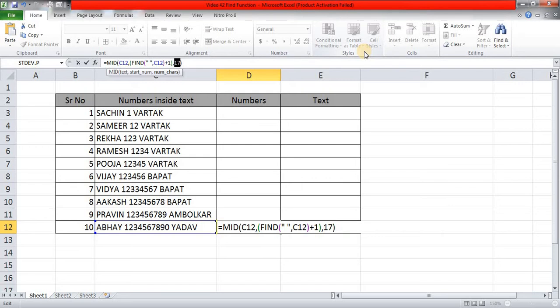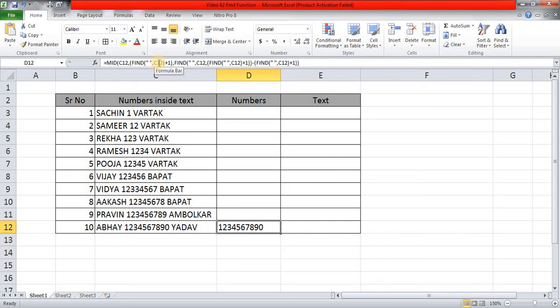I am pressing F9. It is giving me 17, but we want 10 to be over here. So Ctrl Z, and again what we'll do is we'll simply subtract the result of this first FIND from the second FIND. Ctrl C, and before this last parenthesis I'll say minus this, and I think things are looking okay, and here it is. So we have stripped out the numbers which are trapped between these two names,